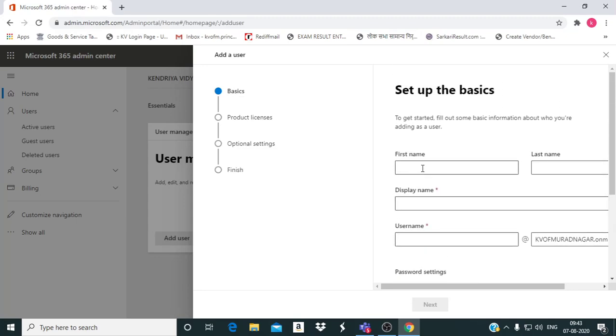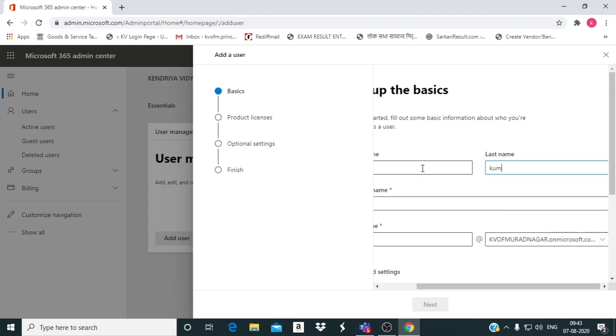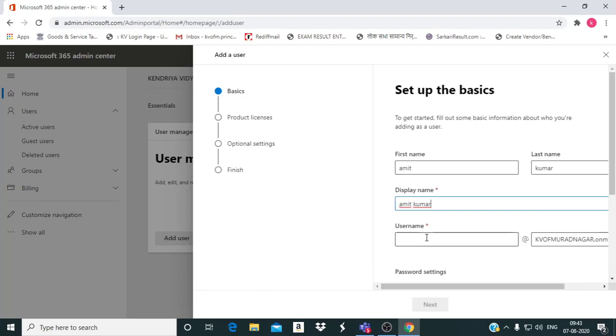For example, suppose I create a new user, Amit Kumar. Amit Kumar is in class 11E.